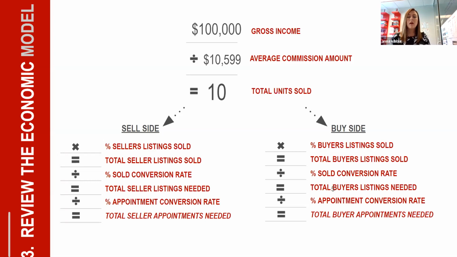Well, naturally, some of those are going to be buyers and some of those are going to be sellers. Your mix may vary from year to year. Maybe you really consistently work with a few more buyers than you do sellers. For the sake of this example, we are just going to assume that we're at 50% buyers and 50% sellers. Okay, so if we go down the seller side, you'll see that if we have 50% of these 10 units sold a year being sellers, we're going to end up selling 5 units with our sellers.